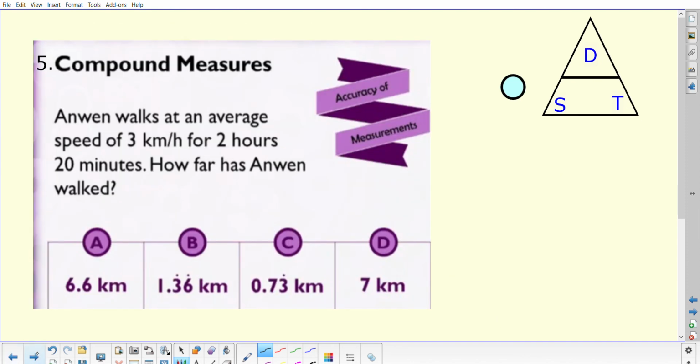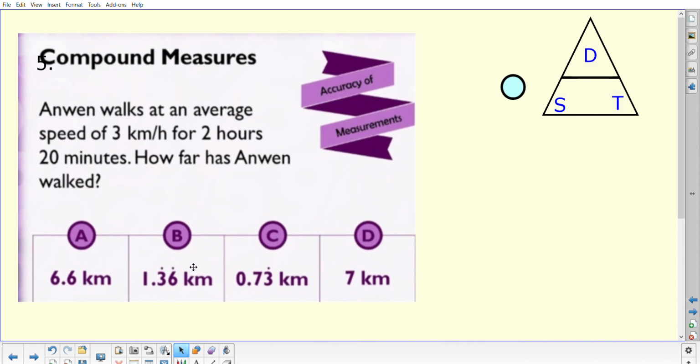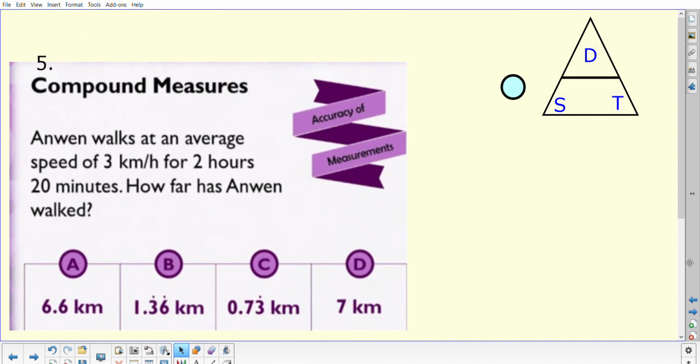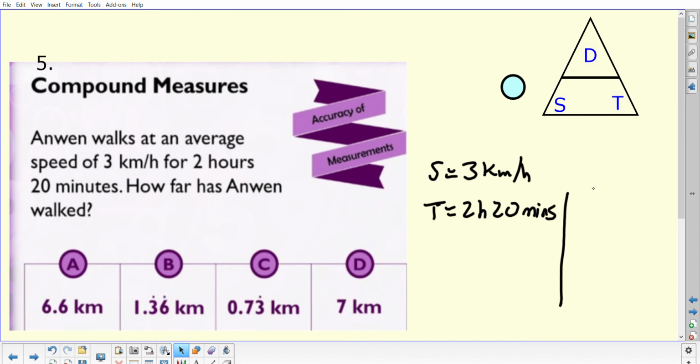And for the last question, in this one, Anwen walks at an average speed of 3 kilometres per hour for 2 hours. So that would be our speed that we're given first of all. So the speed is 3 kilometres per hour. The time that you've been given is 2 hours and 20 minutes. That 20 minutes needs to be converted to decimals, so we need to do 20, and remember that to change it into decimal you're going to divide by 60, 20/60ths of an hour,